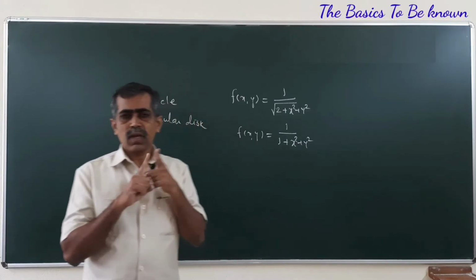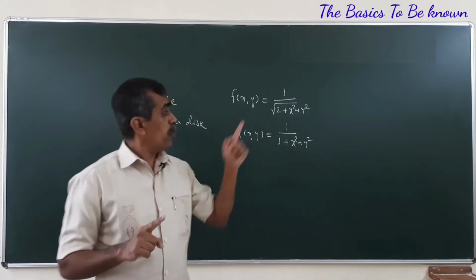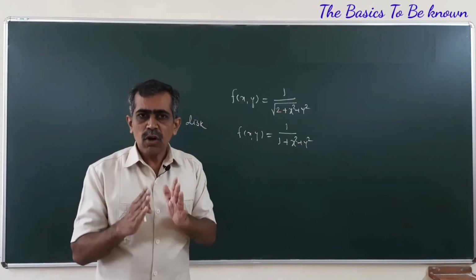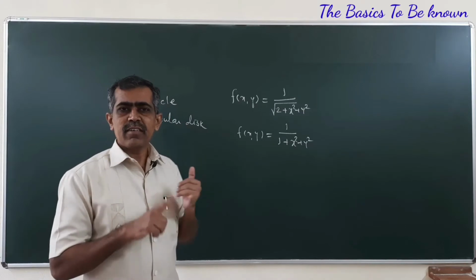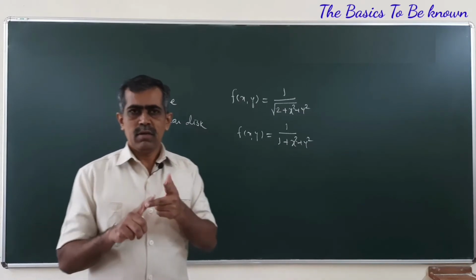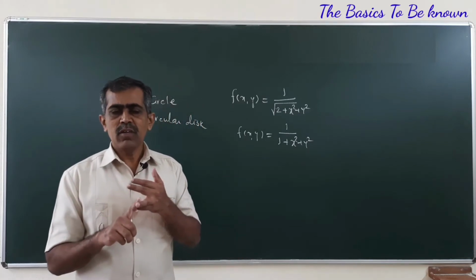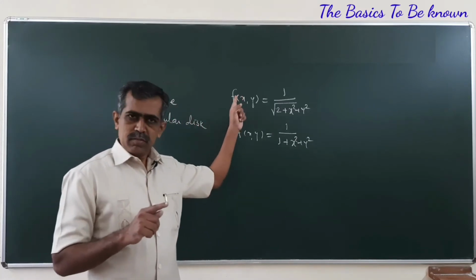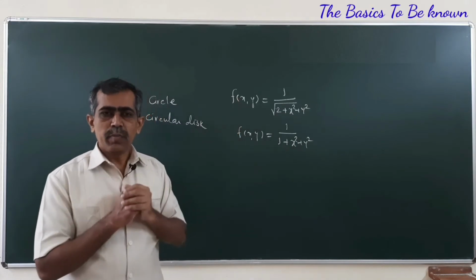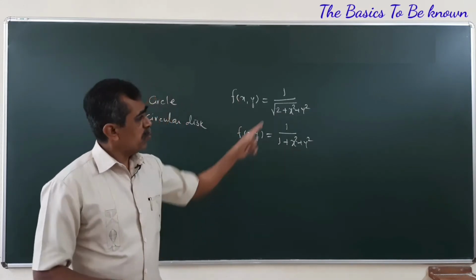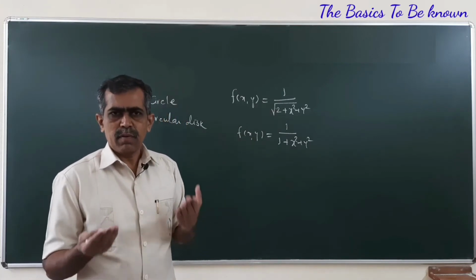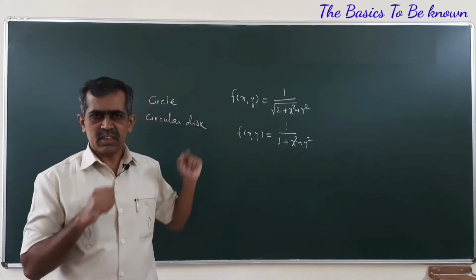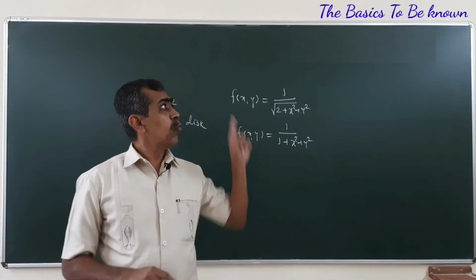See, once again, number 1, if the domain of integration, or the region of integration, is a part of a standard object such as a circle, a circular disc, a sphere, an ellipsoid or a paraboloid, and the function may be complicated or may not be complicated, if you come to know that the domain of integration is part of such a standard region, immediately you go for change of variable.